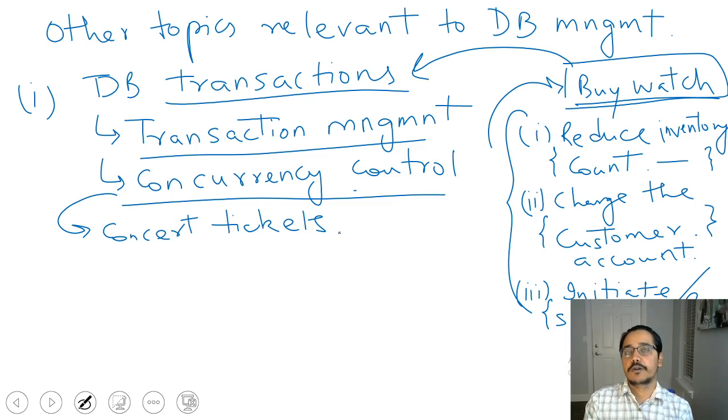right? And at any point of time, if 10 customers come and select this one particular seat, then in your database, you only have a single table that is going to store the seat information and then assign that seat information to another table related to the customer information, right? So now what do you do in such a scenario? You cannot sell a single seat to multiple customers, right? That is not practically feasible. So how do you manage that? That is the topic of concurrency control,